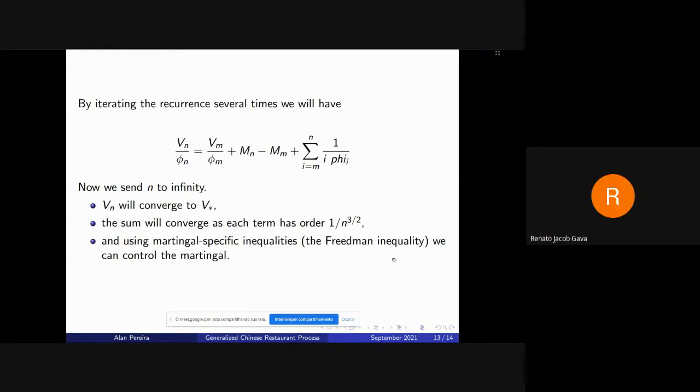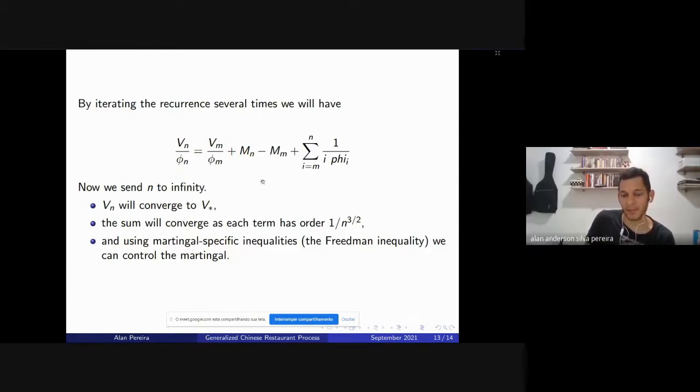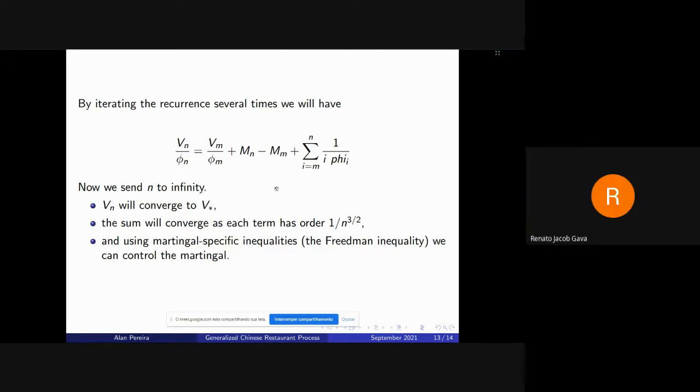So once you control the martingale, then you get the result on Vn to V star. That's what happens. Yes, we control the martingale part, and we control it very well, because the error will be so small that we can intersect the sets and the simultaneous result will occur. Okay, is this an answer? It's okay.